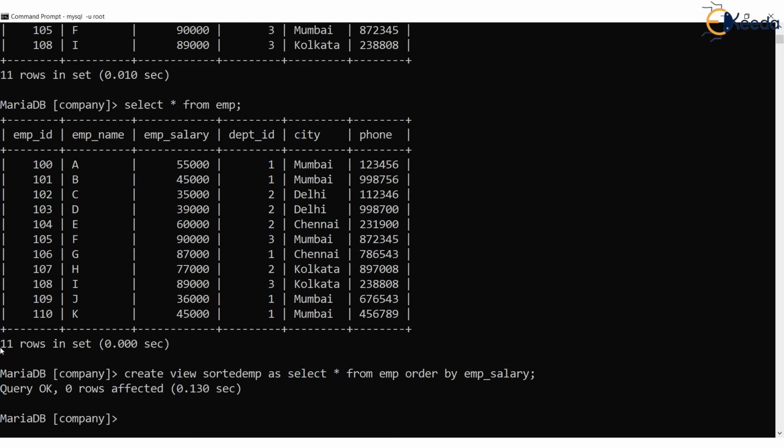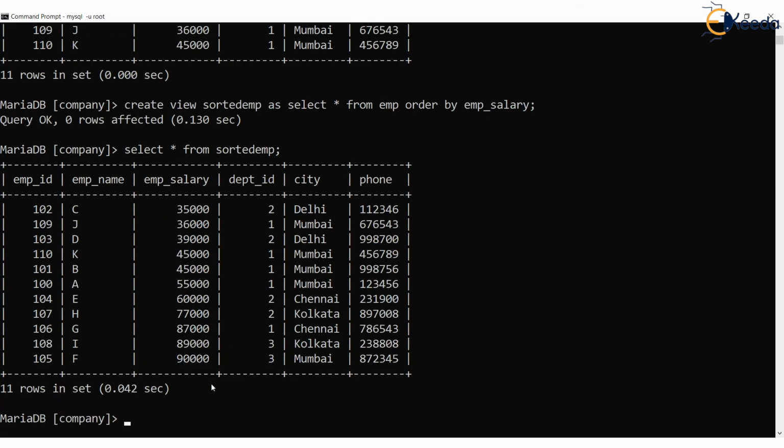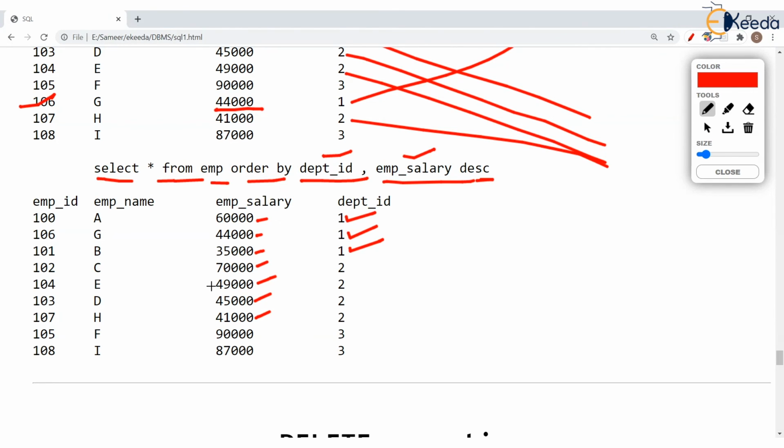Now you can see that the query is okay and this view has been created. You can check this view with your usual command as we saw in that video. And the name of the view is sorted EMP. And you can see that employees are sorted. So this has become a permanent source where you can go and check the salaries in increasing order. That's it in this video. Thank you very much.